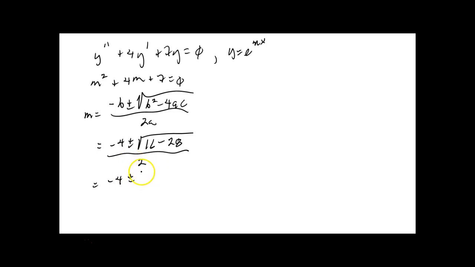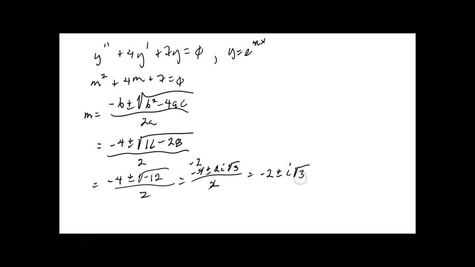All right, so that'll be the square root of negative 12 over 2, which, by the way, would be minus 4 plus or minus, can you pull a, you got to pull two things out. Okay, 2i root 3, right? Over 2. Well, that 2 will go into minus 4 minus 2 times, and it'll go into 2 one time. So now your solution is minus 2 plus or minus